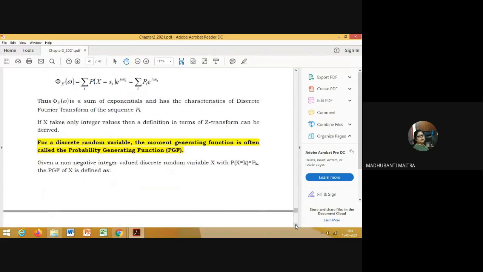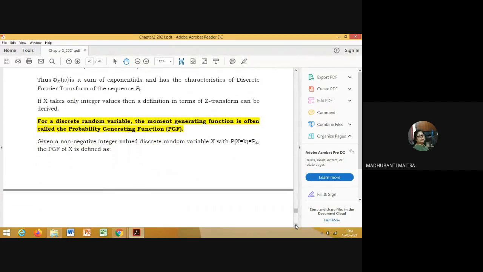Again, the sign is reversed. For a discrete random variable, the moment generating function is often called the probability generating function, PGF. So given a non-negative integer valued discrete random variable x with probability x is equal to k equal to pk, the probability generating function, PGF in short, is defined as